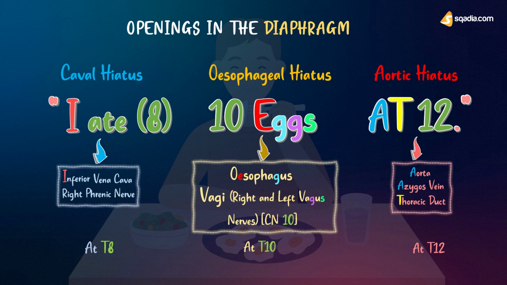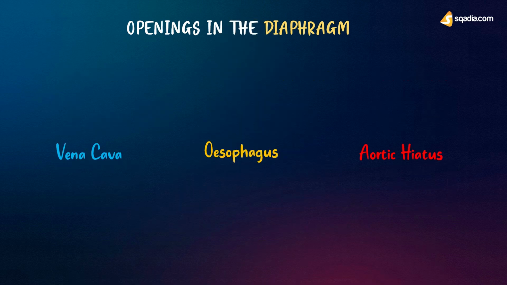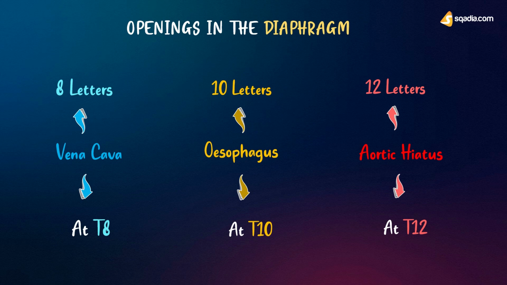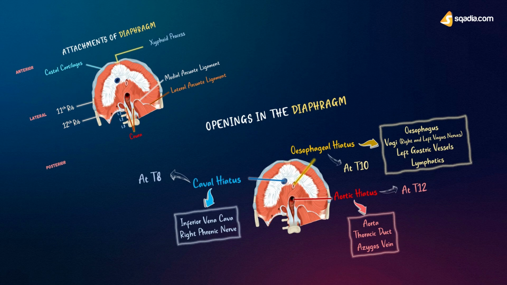Another way to remember these is by counting the alphabets in each word. Vena cava has 8 letters and passes through the diaphragm at the level of T8. Esophagus has 10 letters and passes at the level of T10, while aortic hiatus has 12 letters and lies at the level of T12. I hope now you will never jumble up these openings in the diaphragm and the structures